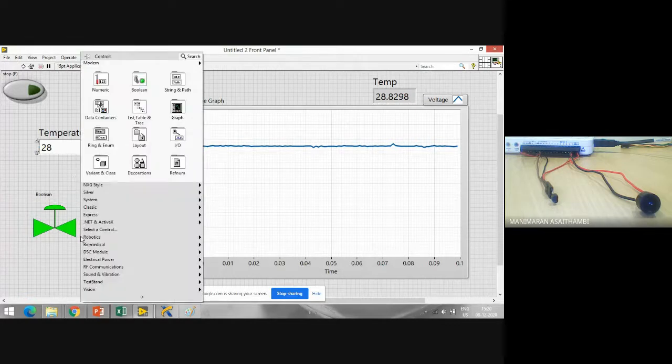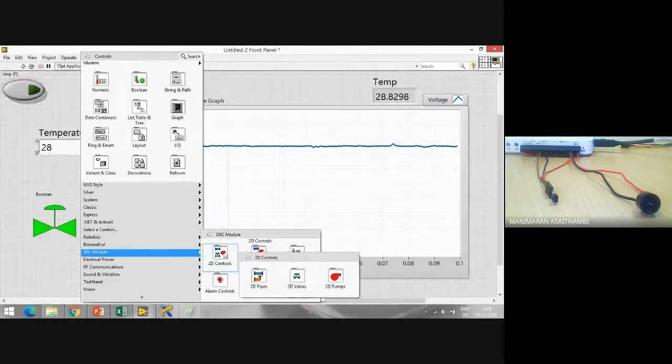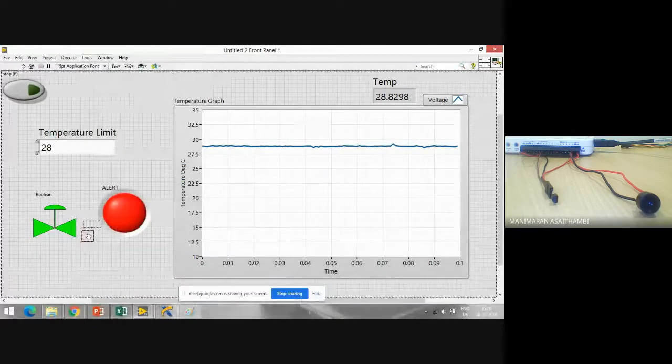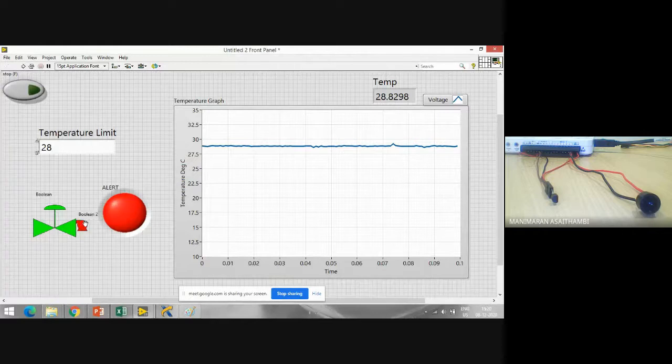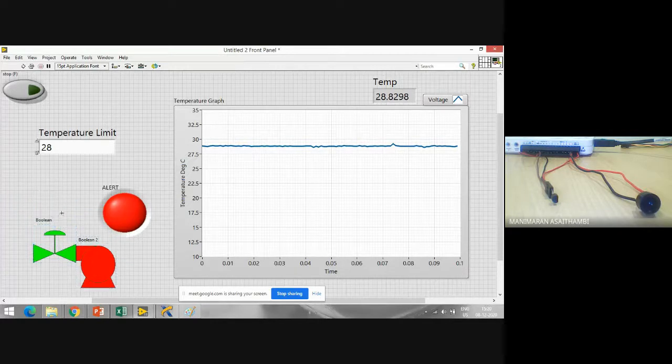So I can pump water from here, which means it goes to a pump, I can take from this. These two terminals I'll keep here. So yes, I have a pump and I have a Boolean. Whenever I say on, the pump also will be on, so the water will flow through it.